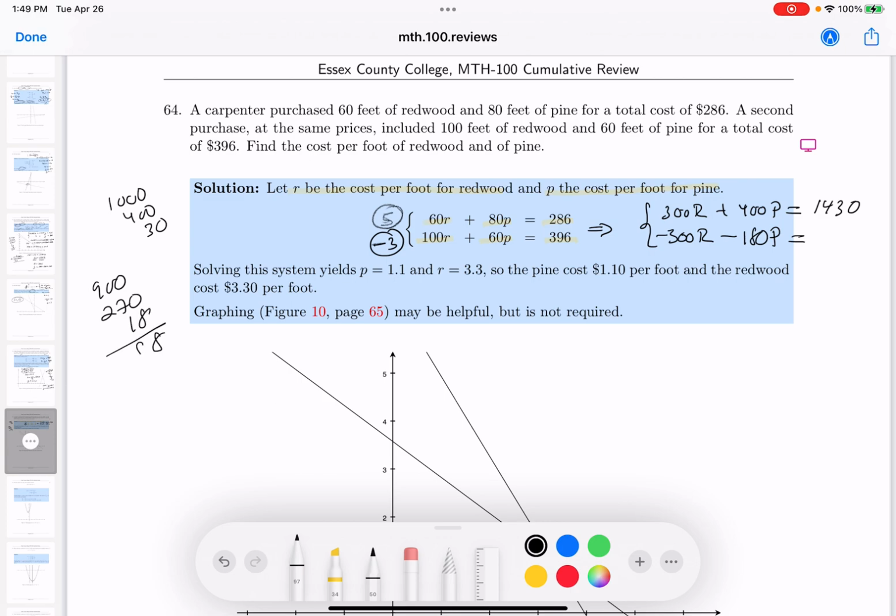And 3 times 396 is going to be 1,188. That gives me 1188. Well, things look like they're lining up pretty nicely over here. So what do you get over there? You're going to get 220P